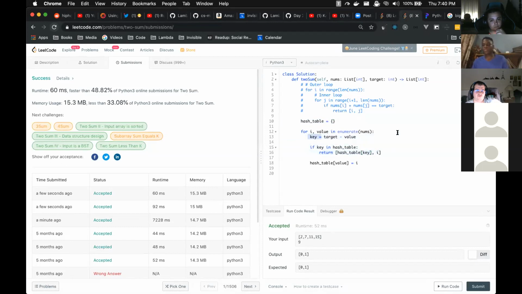So we find our key first. We check if our key is in the hash table. If it is, then we just return it. But if not, we add it to our hash table. So you see, the problems we solve today are the same solution, or the same implementation, of very, very different questions. That's how lots of things in coding work: when you're able to drill them down to basic blocks, they are very similar, even with how different they